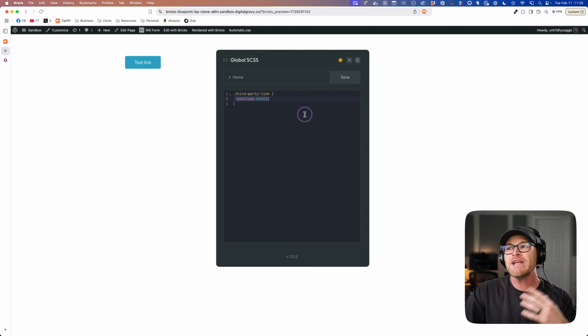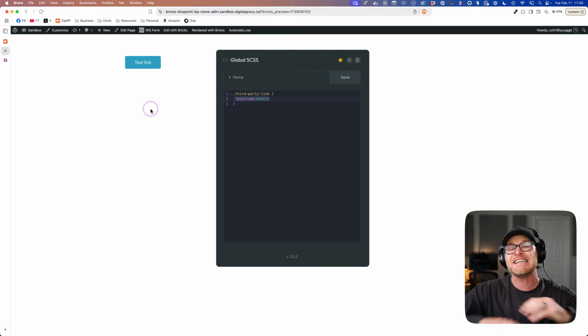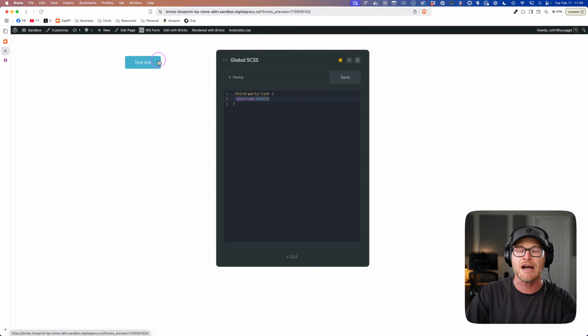But we now have instant Sass processing, and I don't know of anywhere else where this exists. Notice I have not saved, and the yellow dot indicator says you have not saved this, yet I can see exactly what is happening. With one line, I have applied the entire button framework to that third-party link that I previously had no control over. This is the power of mix-ins, but also the power of instant Sass processing.